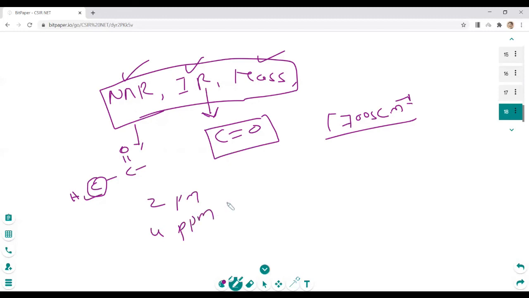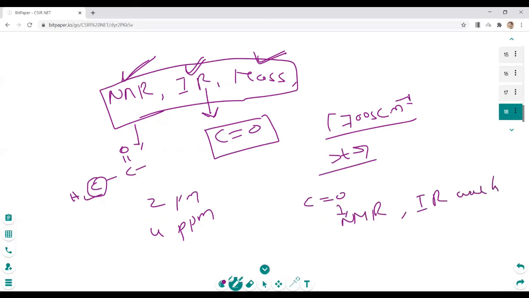This knowledge is important because they'll give you NMR data, IR data, and mass data, and they will ask you the structure, or they will give you a functional group and ask you what the shift is. They can even ask what the chemical shift in NMR is, or the IR wavelength value. If you understand the concepts, then you try to apply. This application comes only by solving problems.